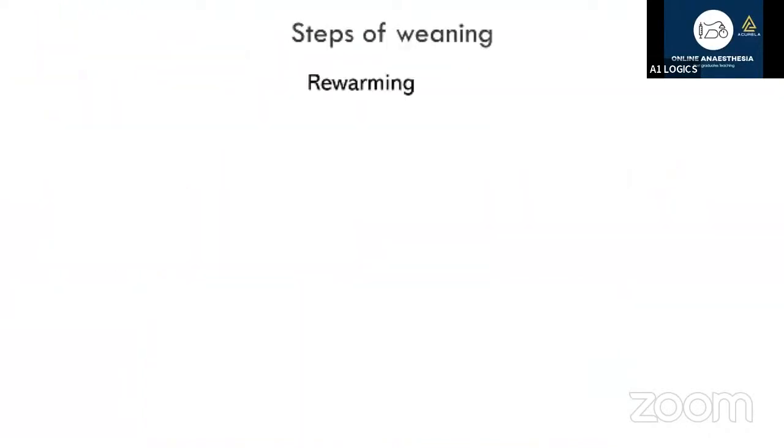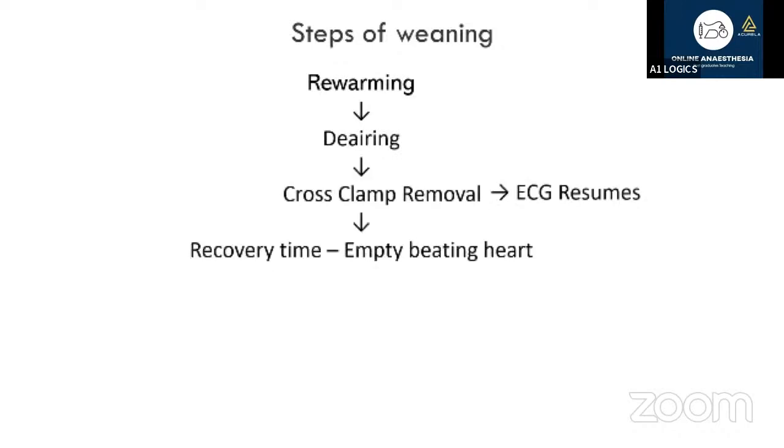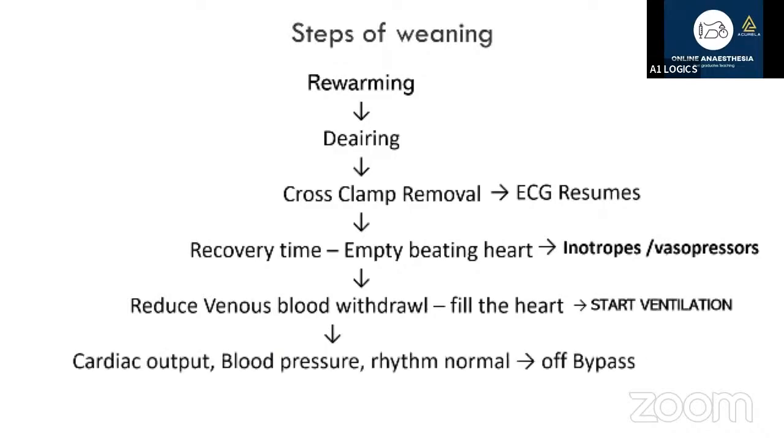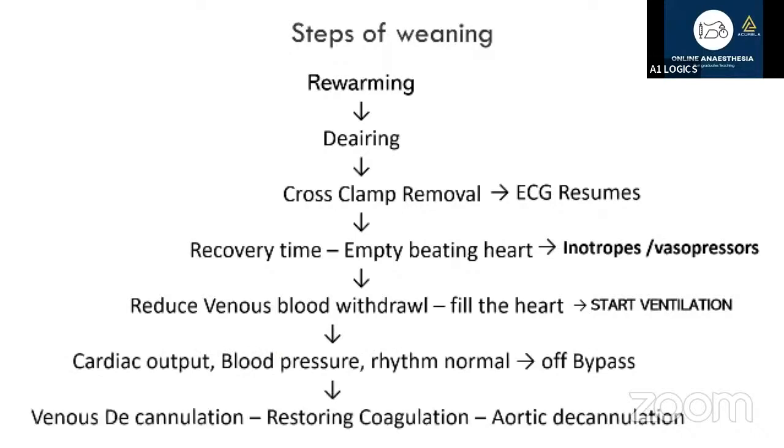So we'll see an outline of how to wean the patient. Rewarming, next is de-airing. Then you will have to remove the cross clamp. Once you remove the cross clamp, ECG will resume first, and they will again have an empty beating heart. During this period, allow the heart to recover from the ischemic damage and accumulated metabolites. Start inotropes and vasopressors during this time. Once the heart resumes its full contraction, you reduce the venous return and allow the blood to fill the heart, and the heart ejects on its own. At this point of time, pulmonary circulation will start, and you have to start ventilation. Slowly you start weaning the patient, once the cardiac output, blood pressure, and rhythm are normal,